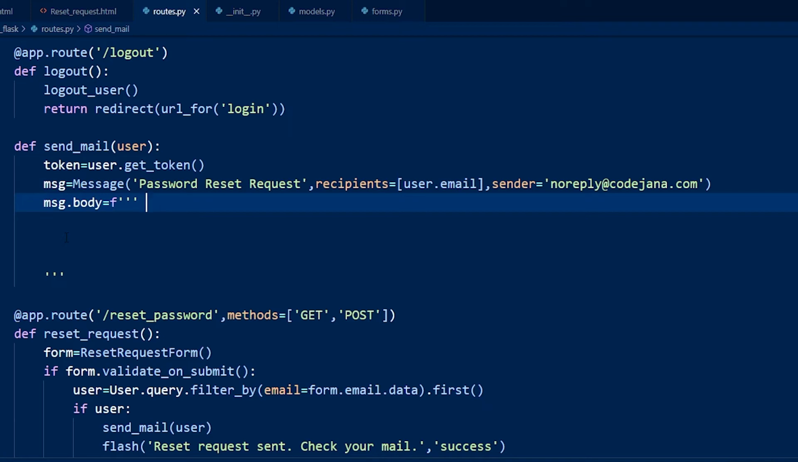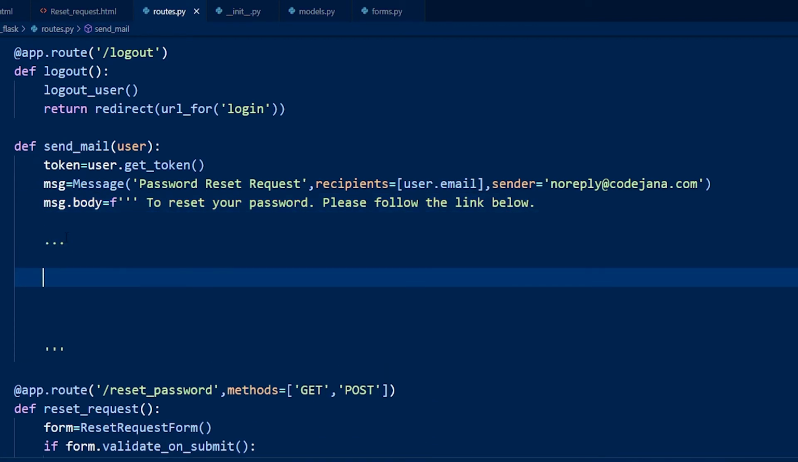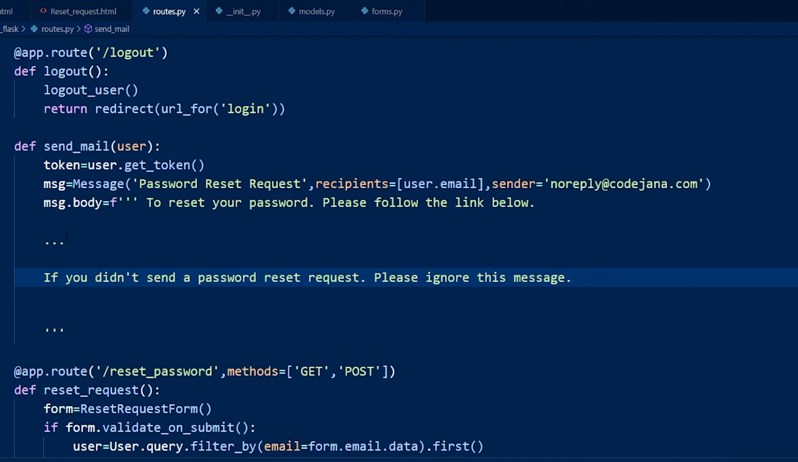Now, this message can be anything. All right, you can just type, to reset your password, please follow the link below. And here we can display that link. We can also say, if you didn't send a password reset request, please ignore this message. That's it. We only want to send a little something to them if they did not do anything. All right, so now within this